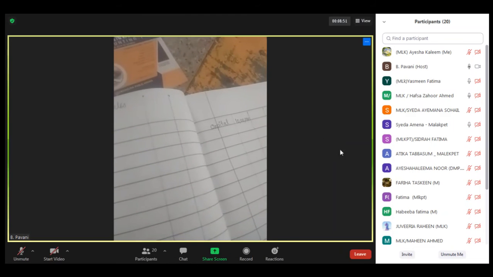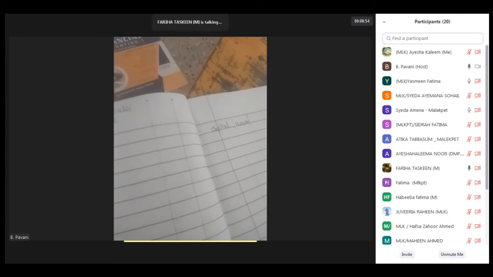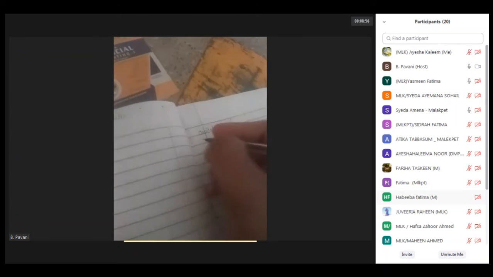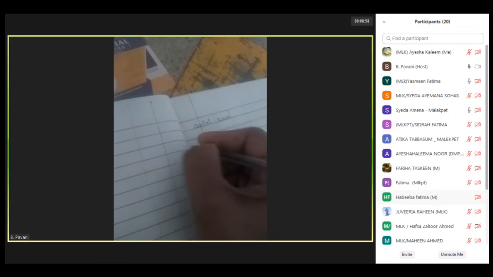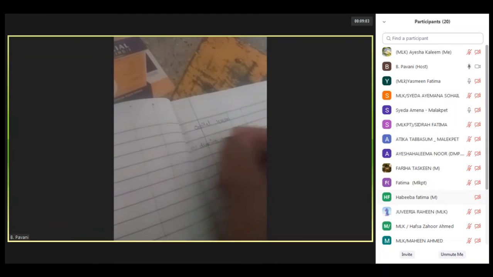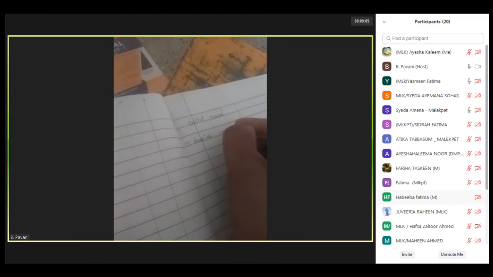Now you see, next they have given the drawings of stock for personal use. This is nothing but the drawings. So from the capital, we have to subtract the drawings, no? That's why, with a minus, I'm writing here as drawings. Drawings of stock they have given, so I've taken it as 1000.